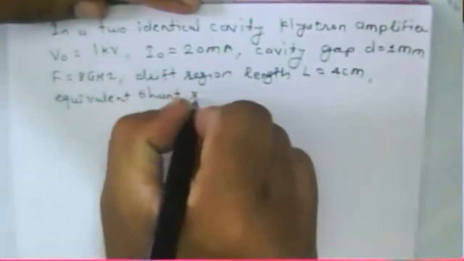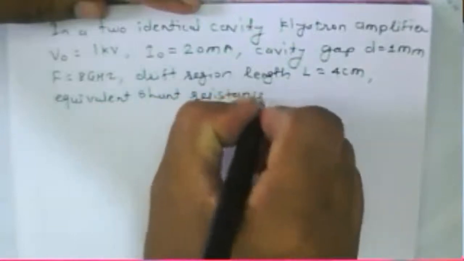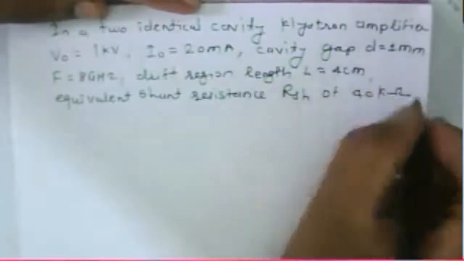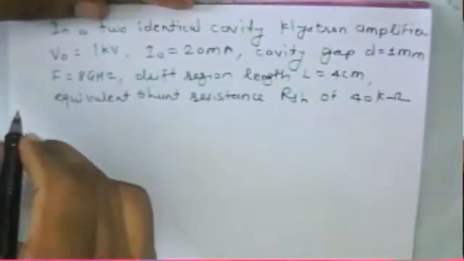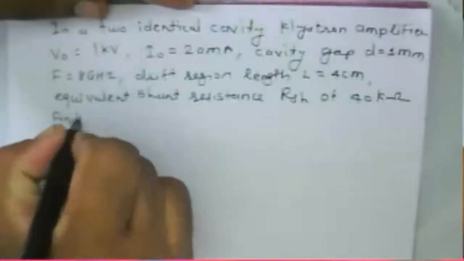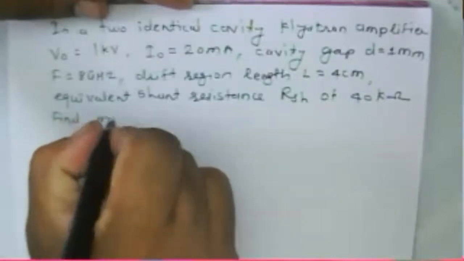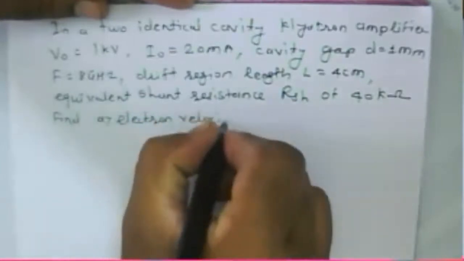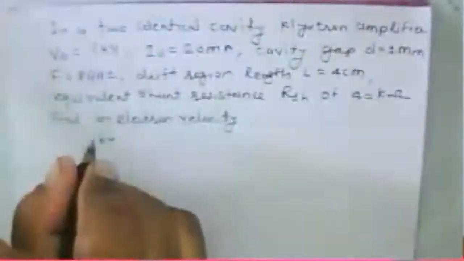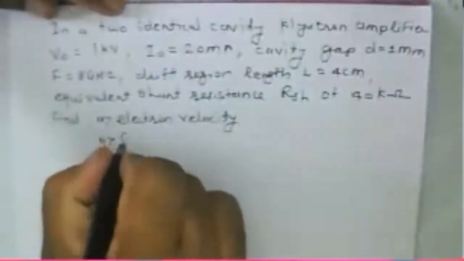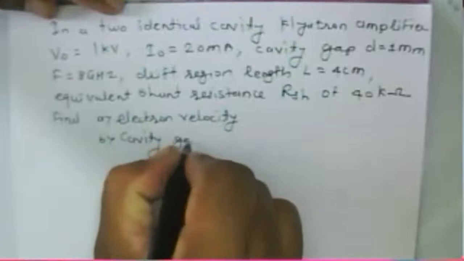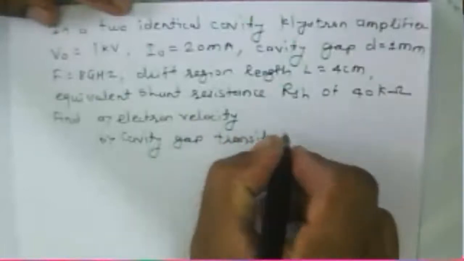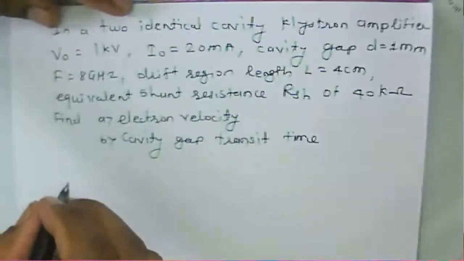equivalent shunt resistance Rsh of 40 kilo ohm. Find, am I audible? Find A, electron velocity, then B, cavity gap transit time,